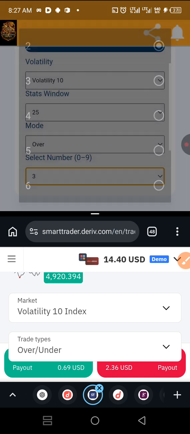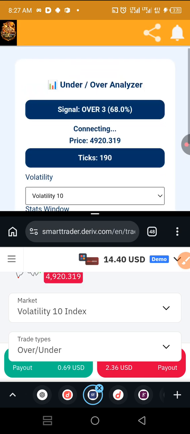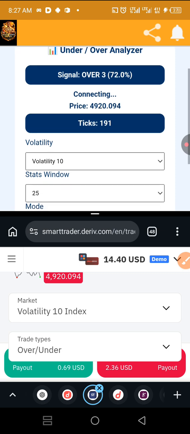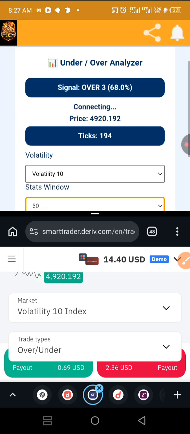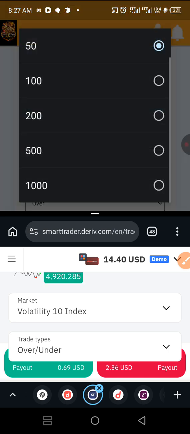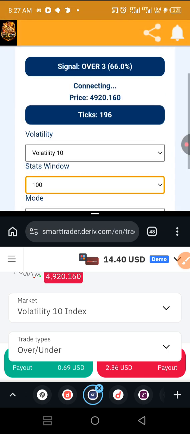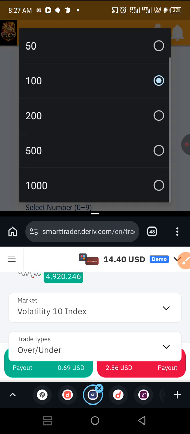Let's go for over 3. So for over 3, 72%. Let's check higher percentage. Where is the range? 68, not valid. We need something like